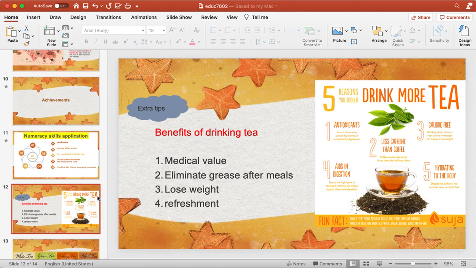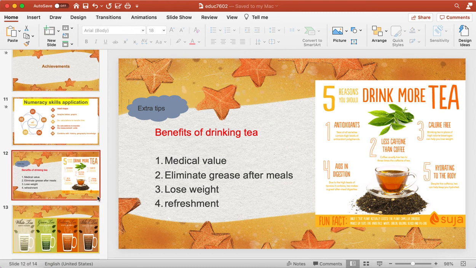Finally, I will talk about some tips when drinking tea. Drinking tea is very good because tea has medical value, which we have already mentioned before. And also after meals, it's good to drink tea. If you are losing weight, you can drink tea. For students,